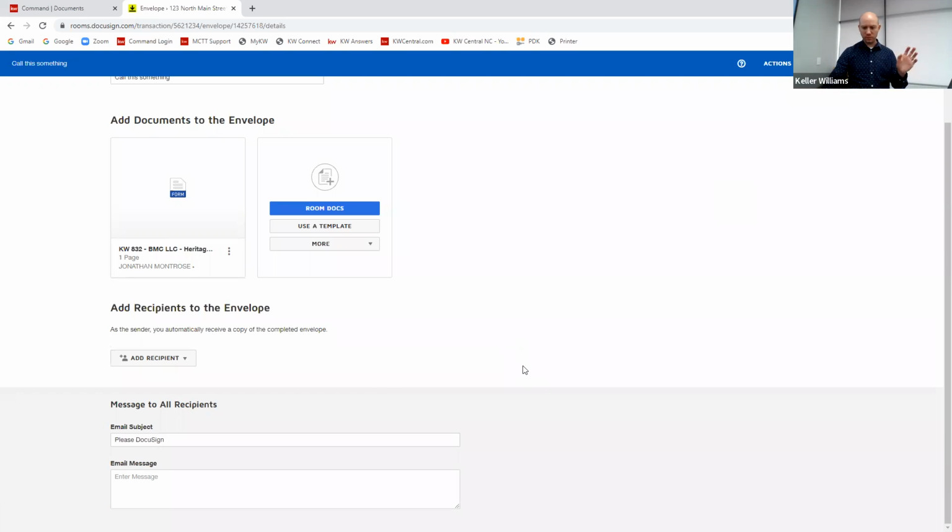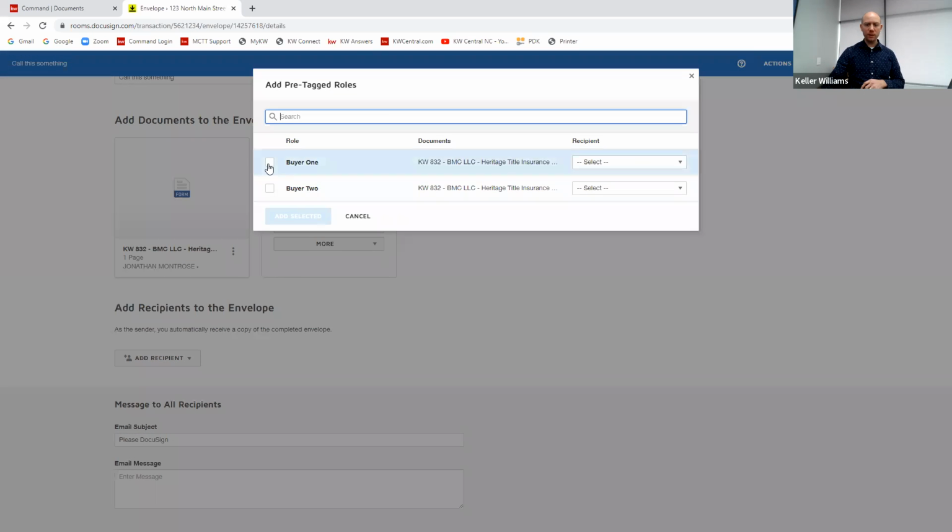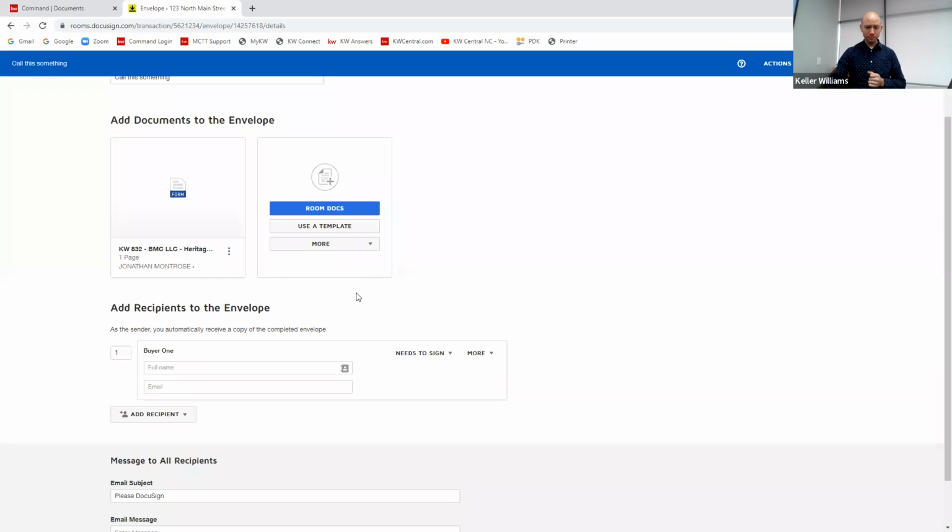So I'm going to remove that. That was a mistake. We're going to go pre-tagged roles. And we're going to say buyer 1 and buyer 2 are 2 different kinds of people that are intended or at least mapped to this document already. That's why we brought it from the library. We didn't bring it from the library just so that they were convenient. They're actually already arranged with all these signature boxes for us, which is why I took the time to put in our entities number and have that access. So if you add selected,